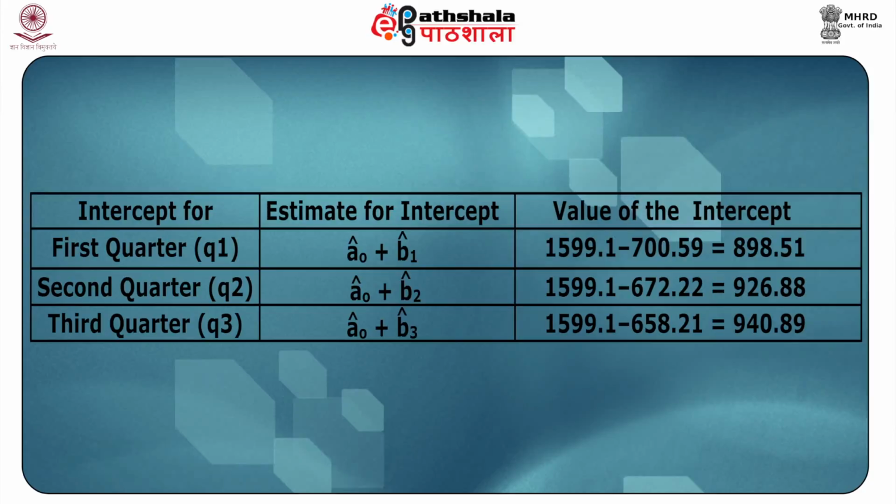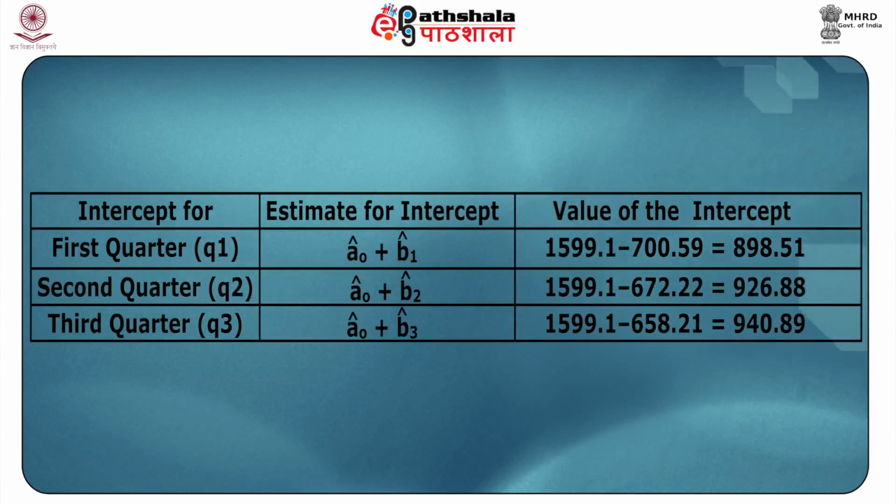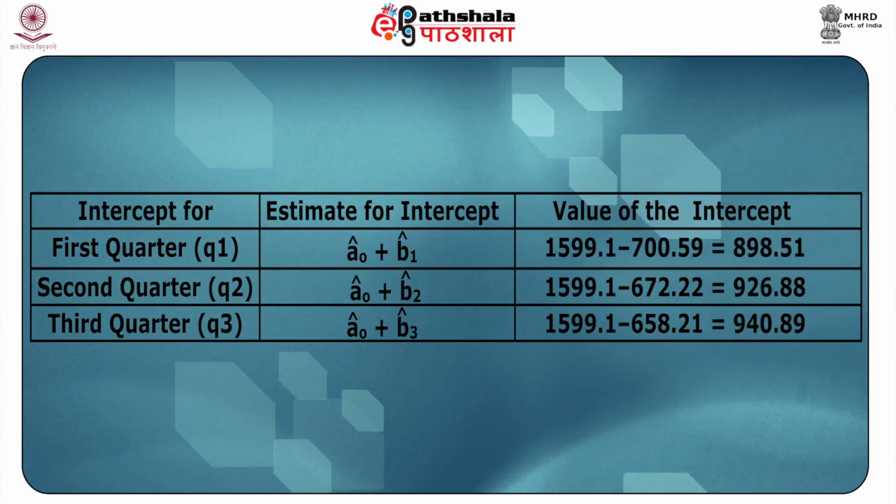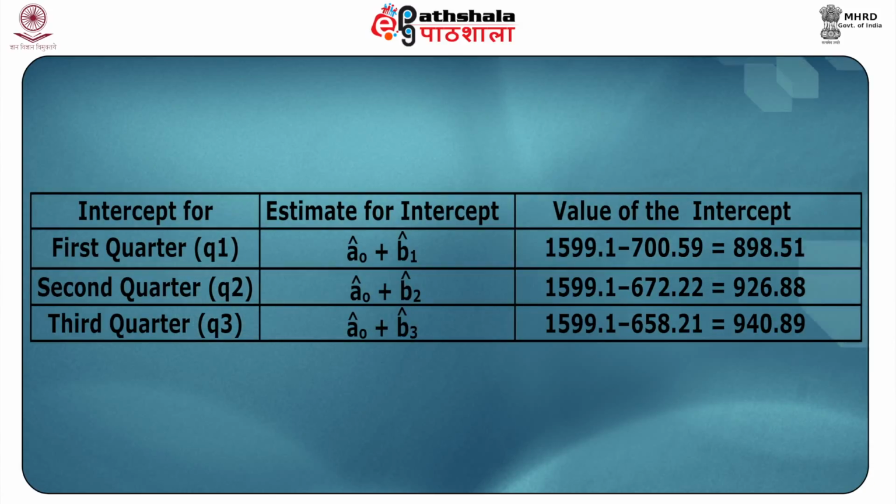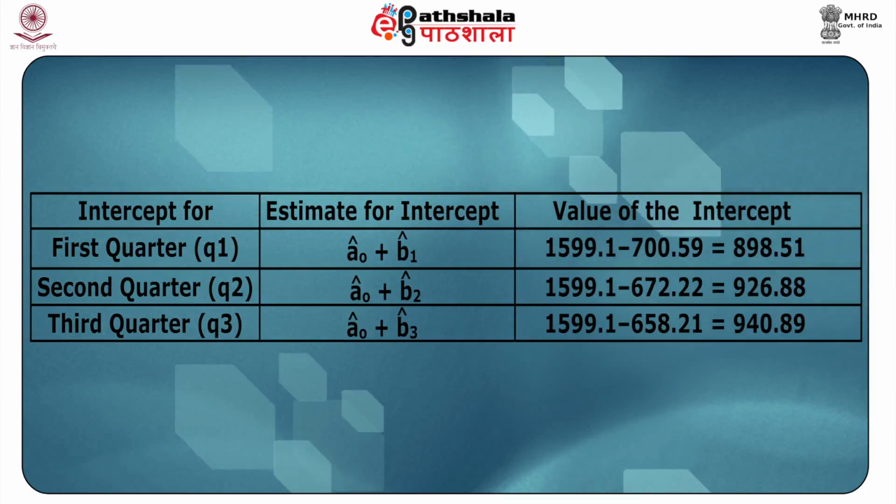The above low p values indicate that the prediction of the sales for next 2 years will be higher. The manager calculates the estimated intercepts of the trend line for each quarter. Let's see this in the form of a table. Again, we have intercept for different quarters, estimate for intercept and value of the intercept. For the first quarter, that is Q1, the estimate for intercept is A hat 0 plus B hat 1, whereas the value of the intercept is